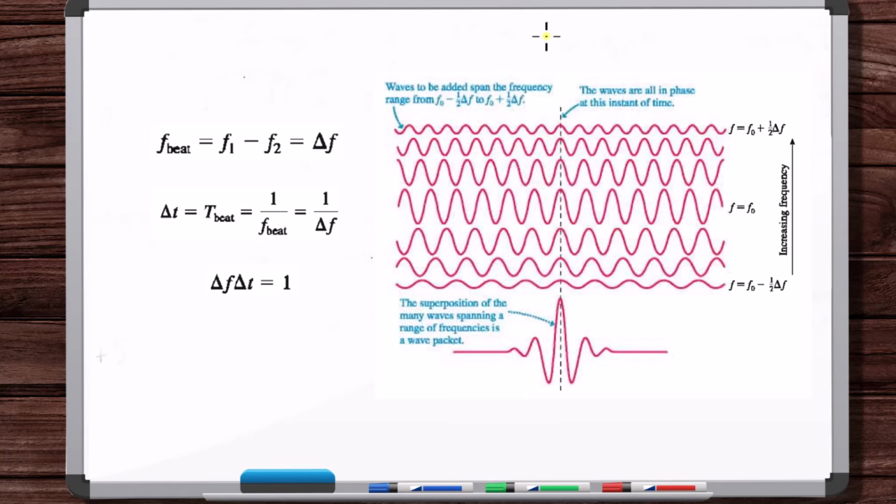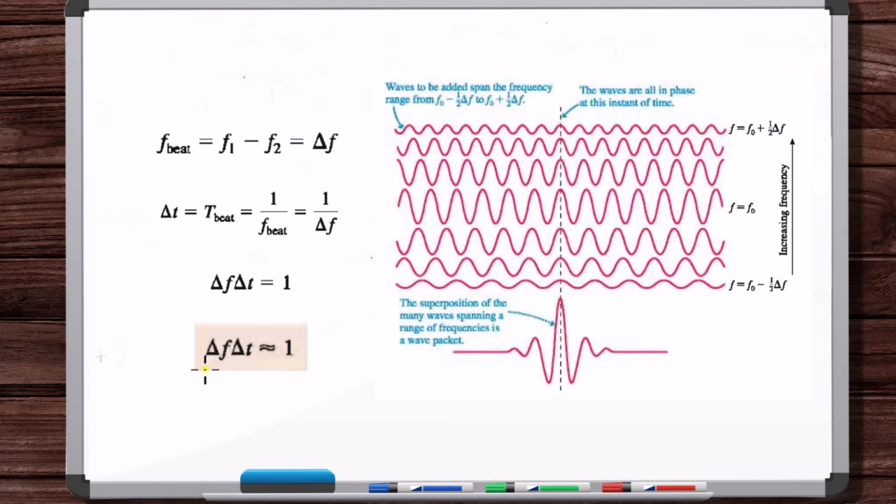Even a square wave, you can represent as a sum of sinusoids using Fourier techniques. And so it was proven, and we're not going to go through that here, that with a sum of sinusoids, you can get a single wave packet with nothing else around it, flat around it. And the delta f, the frequency range, and the delta t, the duration of this wave packet, is approximately equal